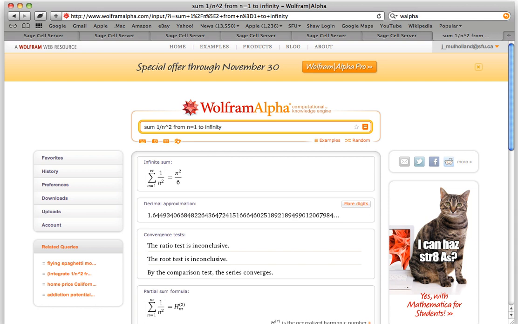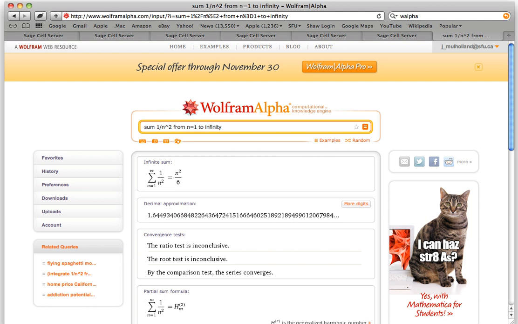What does that mean? That means if I was to look at the sequence of partial sums, where the first term of my sequence is the sum of the first term of the series, the next term of my sequence is the sum of the first two terms, and then the next term is the sum of the first three terms of this series, and so on. And I construct these sequence of partial sums, those s sub n's, then that sequence is going to converge to